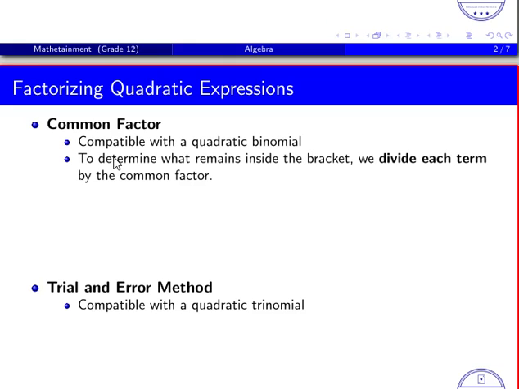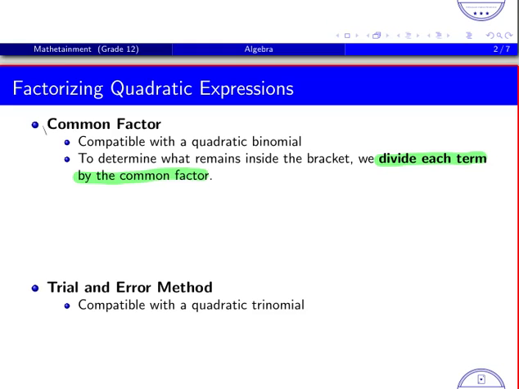When you have 2 terms, it's advisable that you employ a common factor. And whenever you take out a common factor, please don't forget to divide each term with your common factor